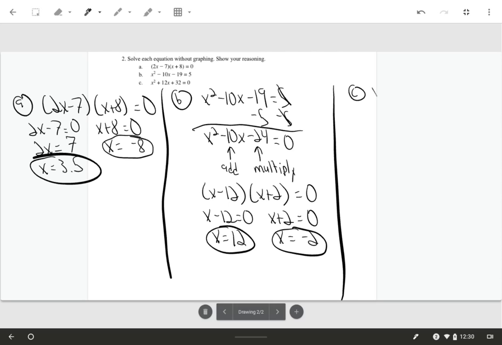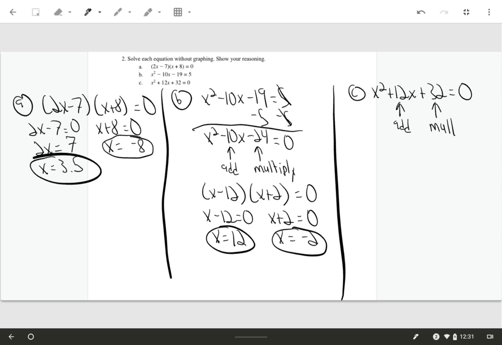Part C, x squared plus 12x plus 32 equals 0. Again, I have a choice. This is already set equal to 0, so I could factor. I could use the quadratic formula. Excuse me. I could do completing the square. I'm going to choose to factor. Okay, since these numbers are positive, I just need two numbers that add up to 12 and multiply